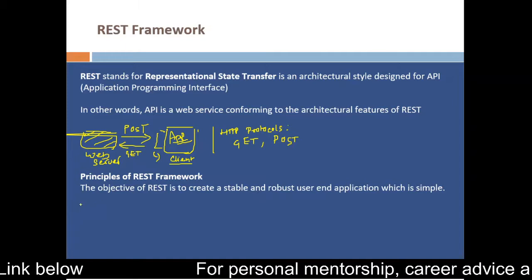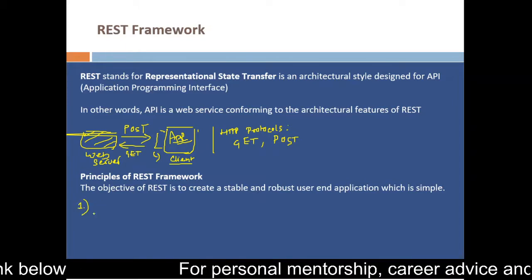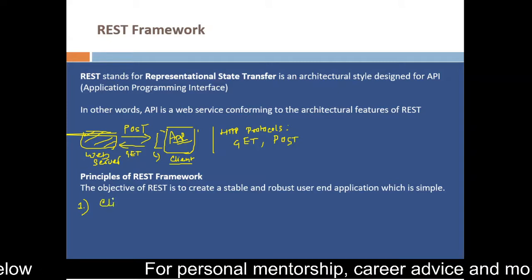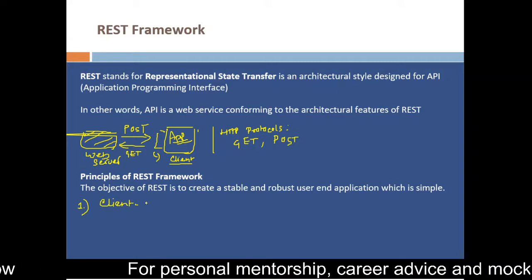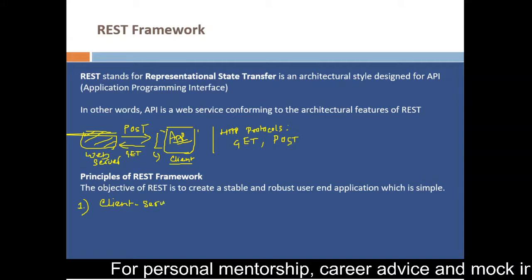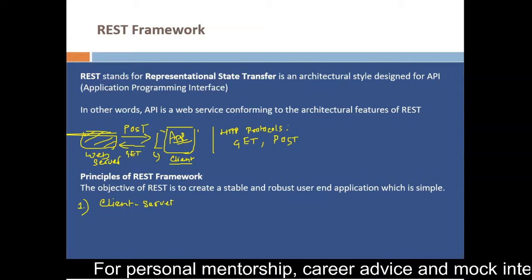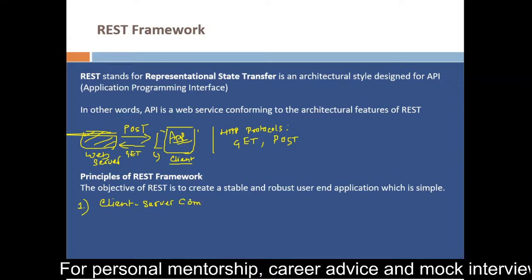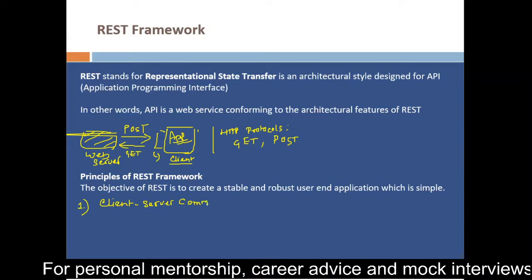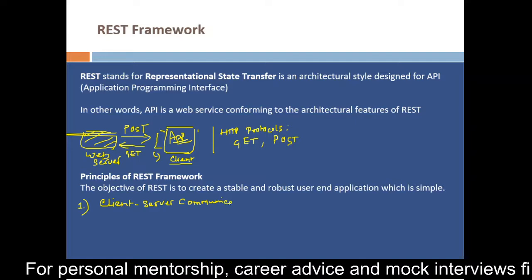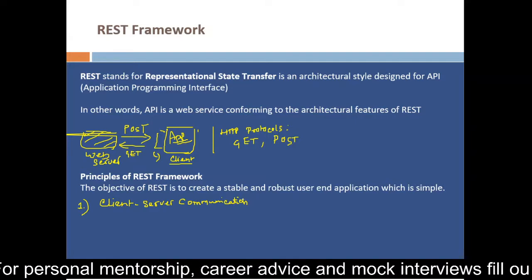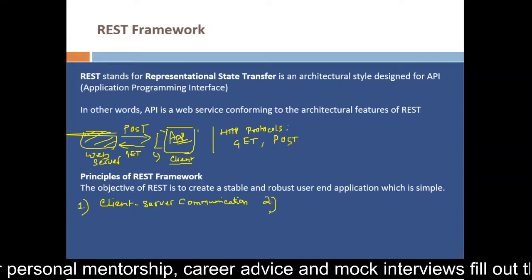Two of the major principles of this framework are, the first one being a client and server model. Here the communication between the front end and the back end is facilitated through a client and server communication model, right? The second thing is